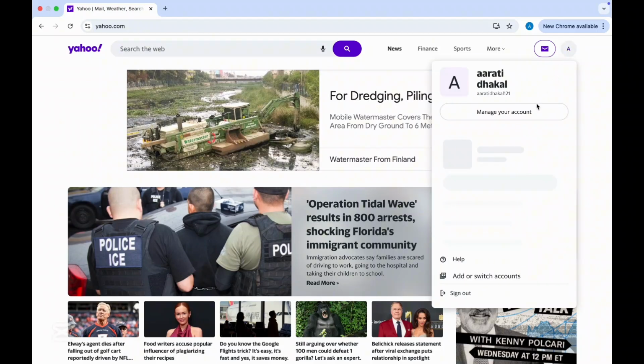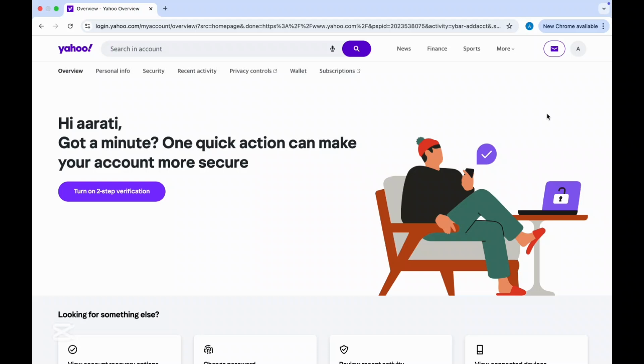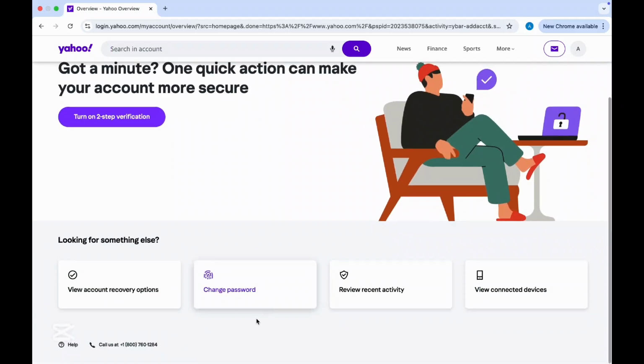Now, once you tap on Manage Your Account, then inside the account info, you will see many tabs available at the top. Make sure to tap on Security and scroll down, and there you can see the Change Password option available. All you have to do is tap on it, and once you tap on it, you'll be navigated to enter